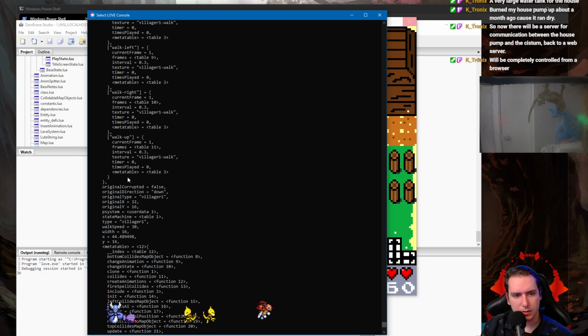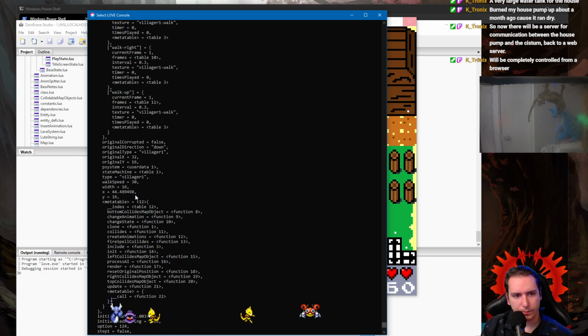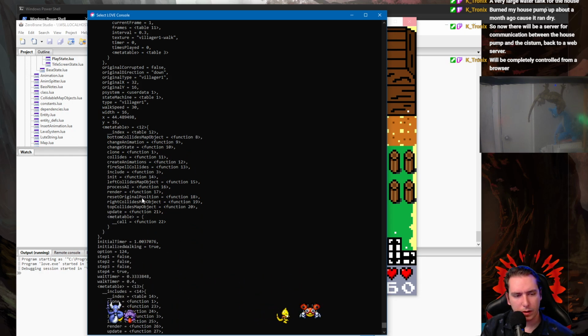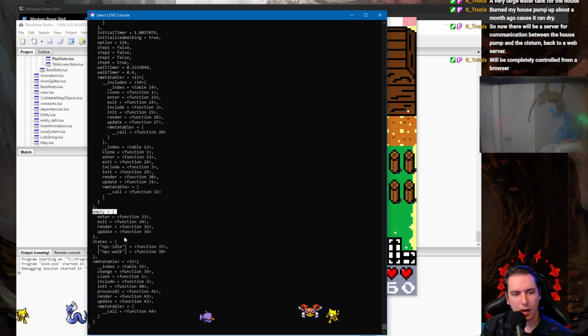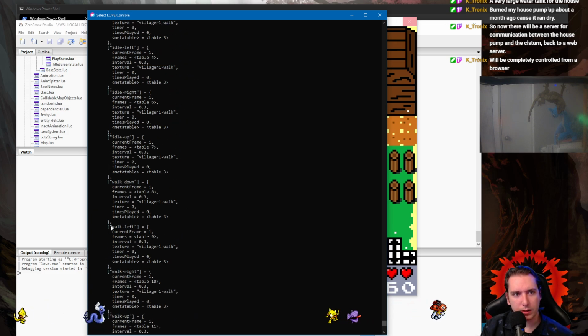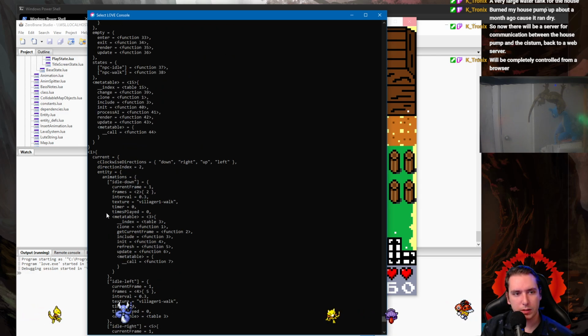This is still in entities. Oh my gosh. Okay, so the current looks like the last of these kind of top level domain tables here. So it looks like we've got states, we've got empty, and then we've got current. And current is